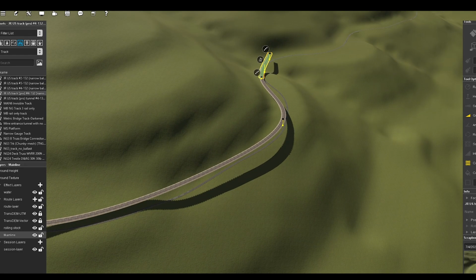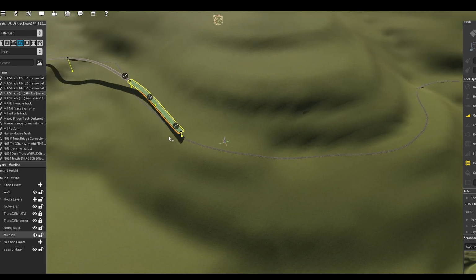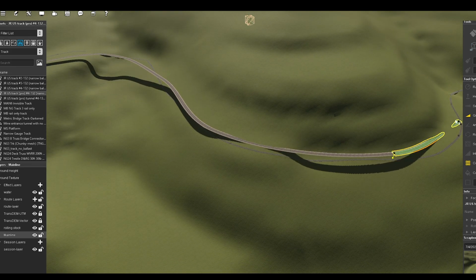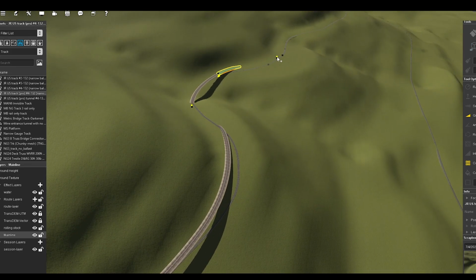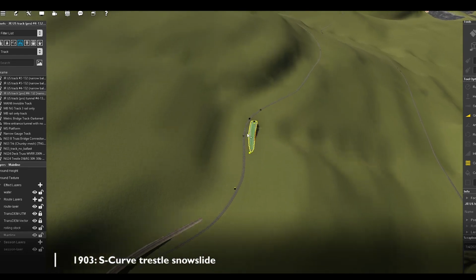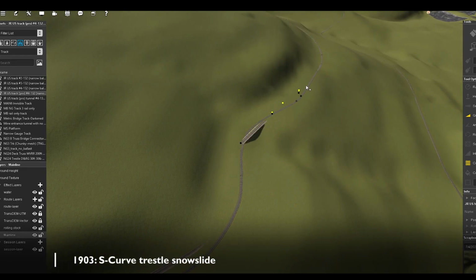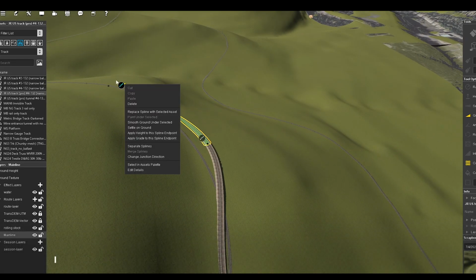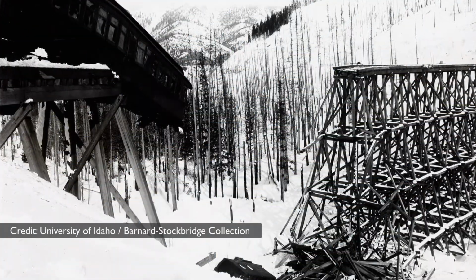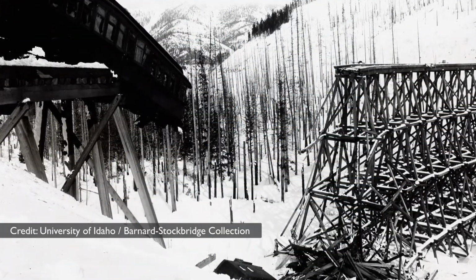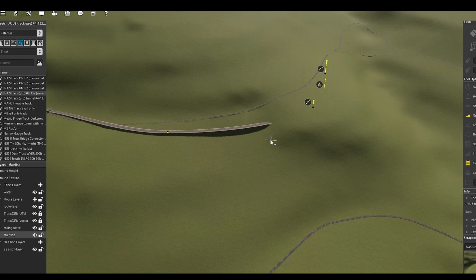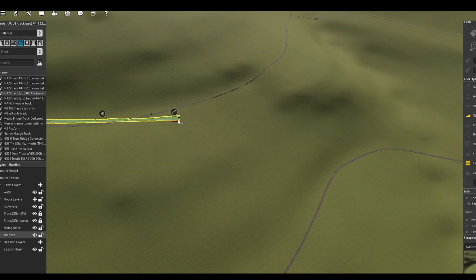Another notable event relating both to the history of the area and also the railroads was the snowslide that destroyed the S-curve trestle in 1903. Nobody was killed, but the photos taken may be among the most famous railroad photos in the whole region. Jumping forward considerably in history,